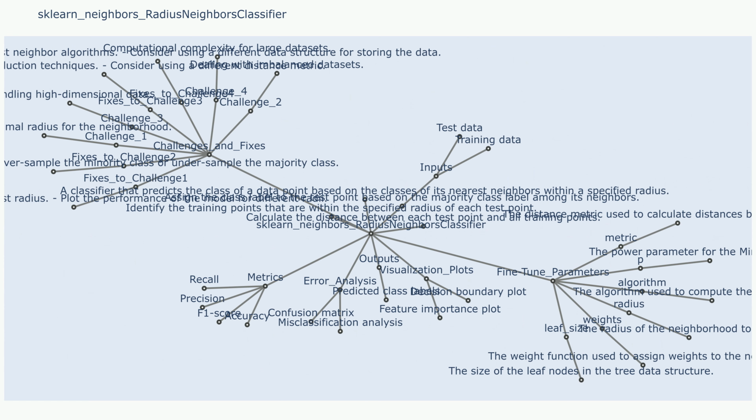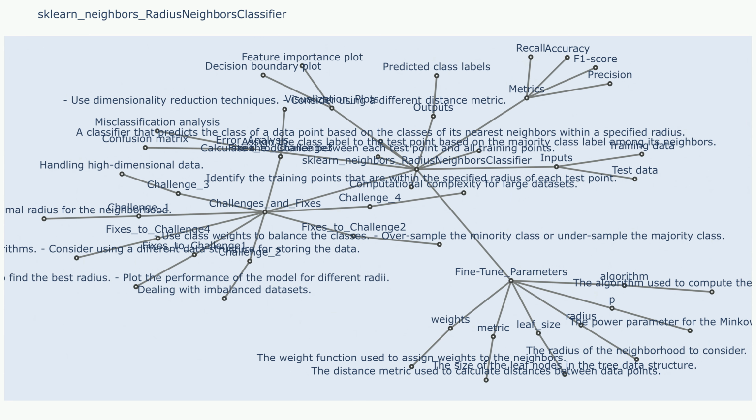irrelevant neighbors. Challenge 2: handling imbalanced datasets. If the data is imbalanced, the model may favor the majority class. Sample use case that resulted in challenge 2: a model trained on an imbalanced dataset consistently predicted the majority class